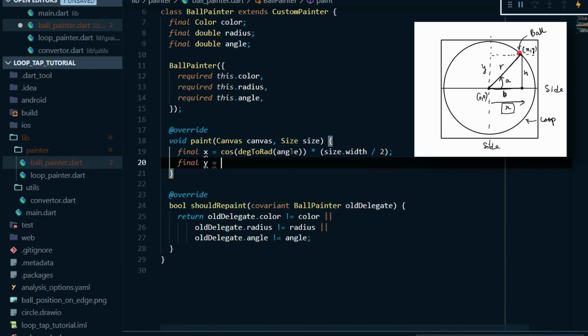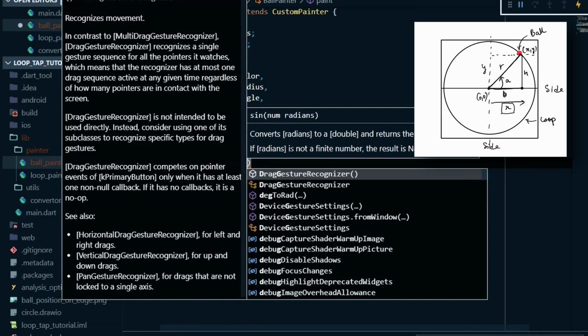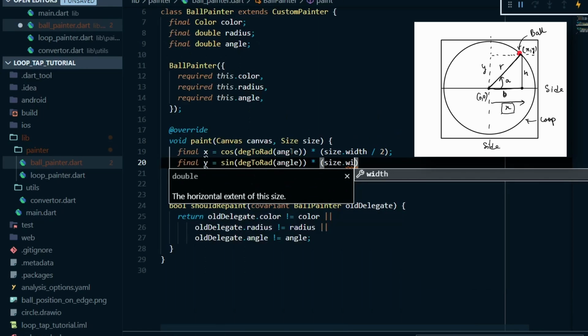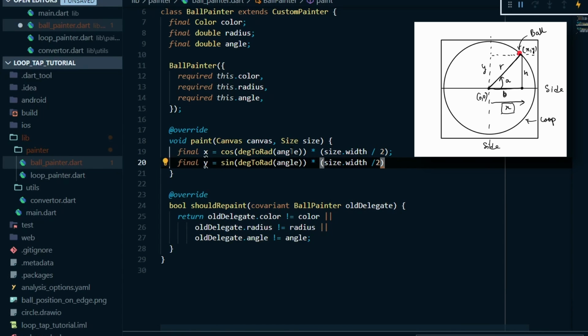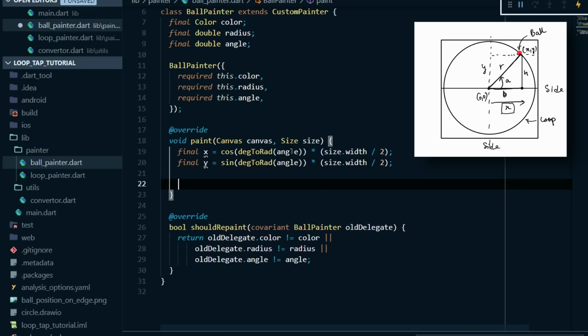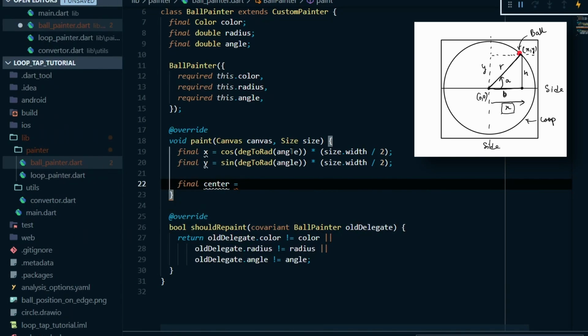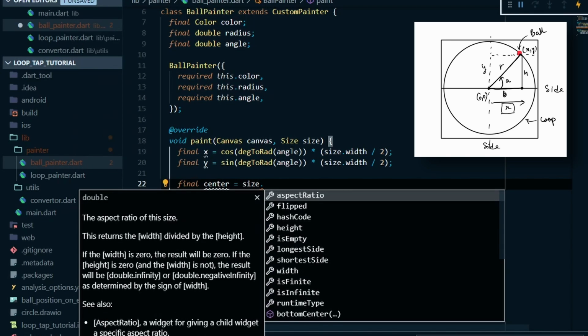Now y equals sine of degree to radian, with the angle inside it, so we go out and multiply it by size.width divided by 2. Now we have our x and y coordinates. Bravo. Now see what will be the center of our red circle, that is the ball circle. Since we want to shift the center from 0,0 to that x and y coordinate for this painting,